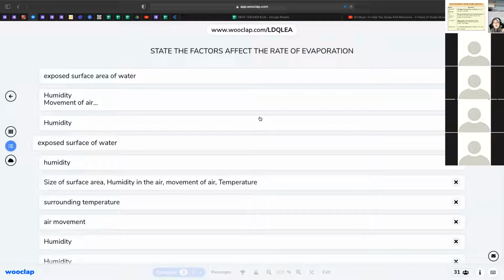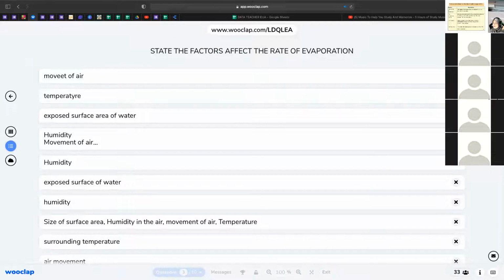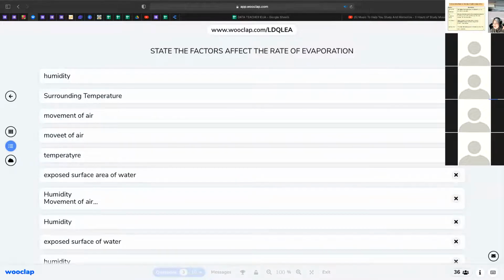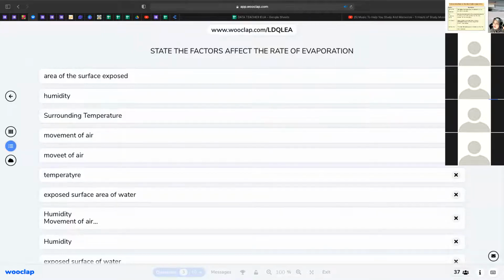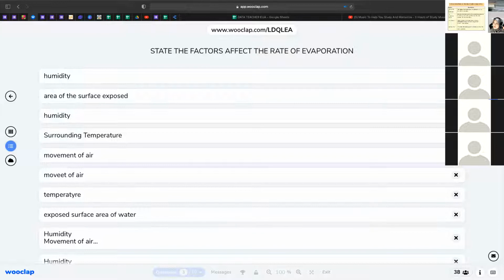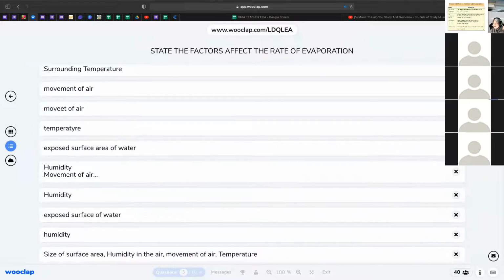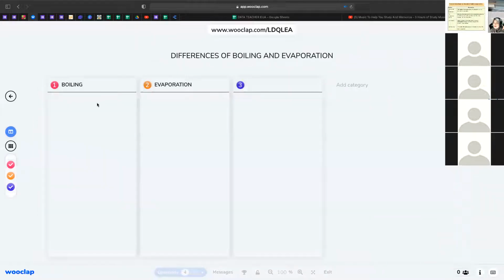31 have already responded. You still have time to respond. 36 already. Good job, guys. The humidity, the movement of air, the surrounding temperature, the area of surface exposed. Yes, that is the correct answer. So let's move to this. Before that,